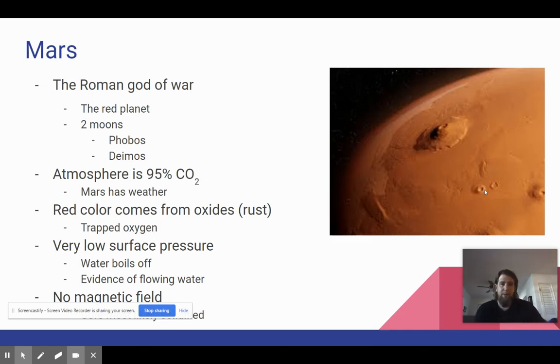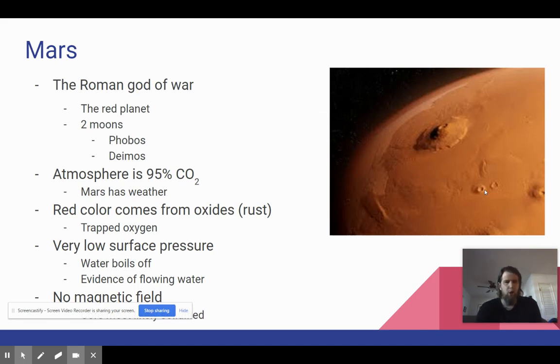Because Mars does have a small atmosphere, it does get weather. Not the same as we get here, but there are huge dust storms, or storms of different varieties, mainly wind driven. So think hurricane-esque or tornado-esque on the surface. And the red color comes from what are called oxides, which gets into chemistry a little bit, but essentially rust has that red color because it's been oxidized. And so the materials of Mars are oxidized, giving it that red